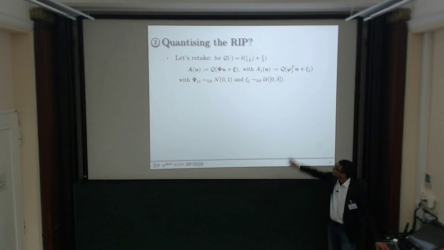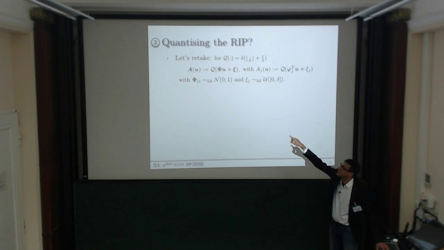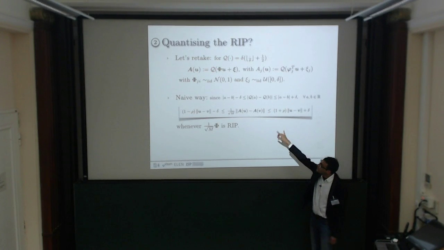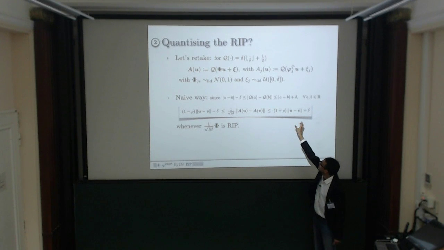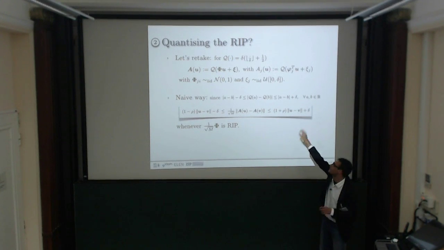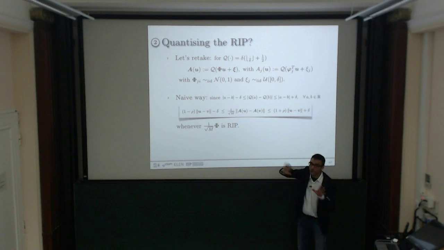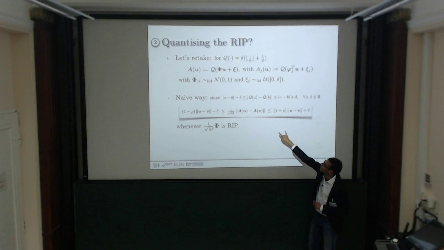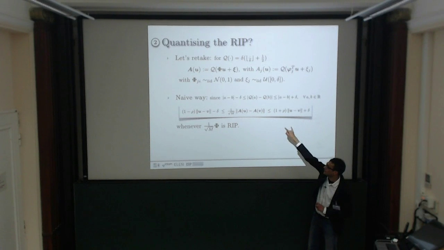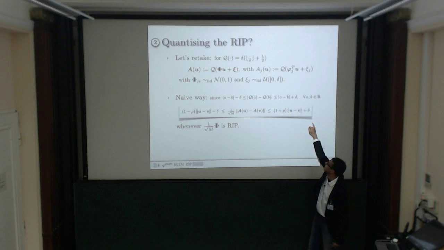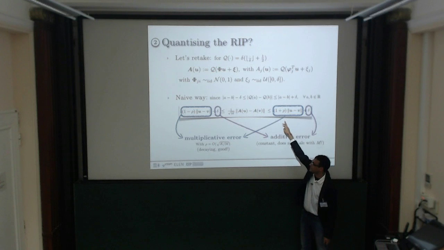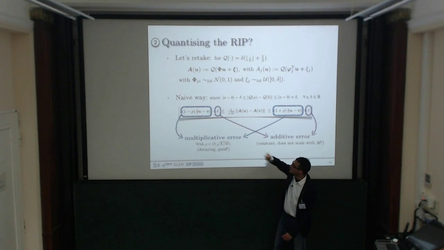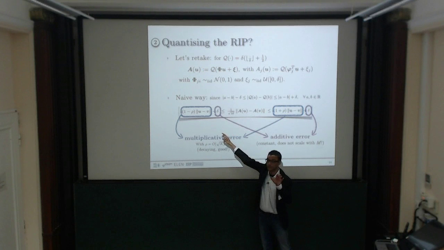Okay. So let's retake the same sensing model, with dithering, of course, and with a Gaussian phi. A naive way to bound this would be to just apply the quantization law and essentially bound it in an L infinity sense, which means that you will do the worst that you can, because essentially you will bound this by, as written above, the quantization law. So you will have two additive losses, minus delta and plus delta, and two multiplicative losses, which means that you will have a multiplicative distortion on your distances,